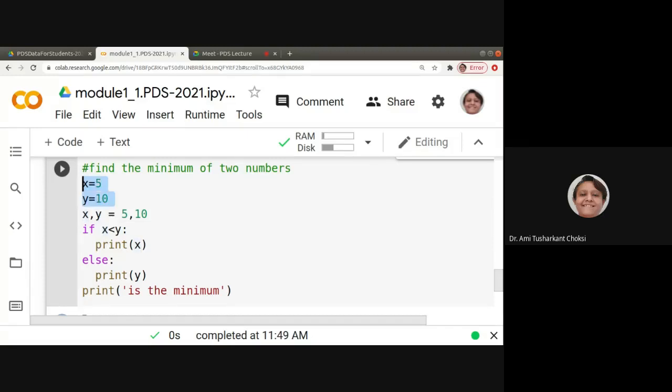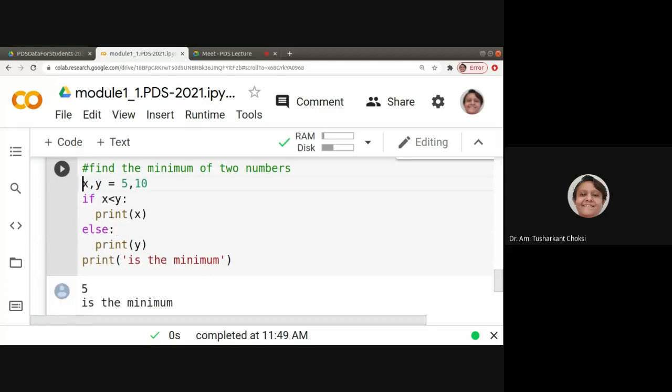So instead of writing it that way, we can write x, y is equal to 5 comma 10. The first value will be assigned to x and the second value will be assigned to y. So x will have the value 5 and y will have the value 10. Now what we are checking is if this, then do something.